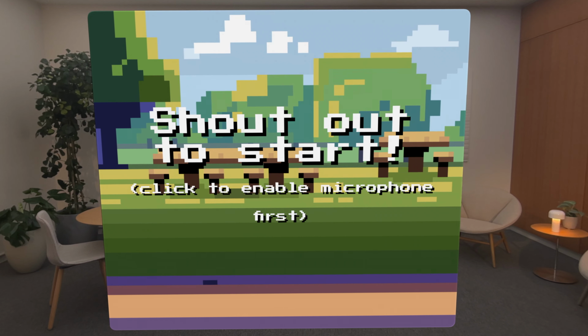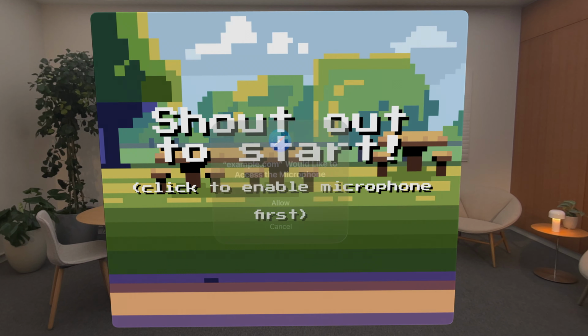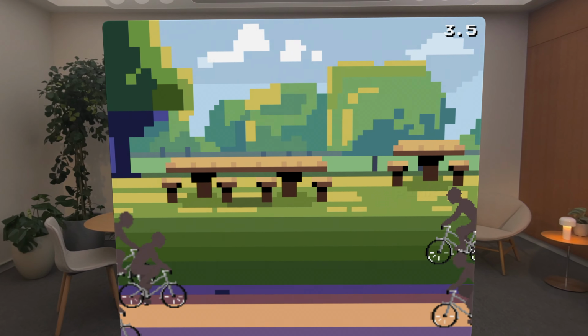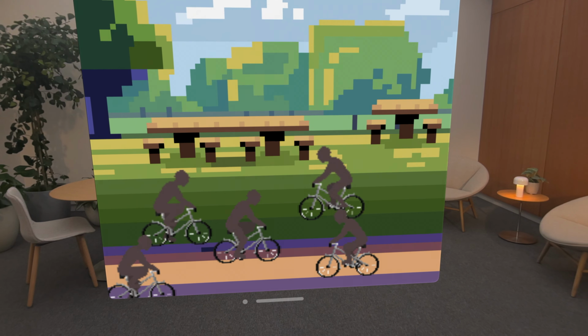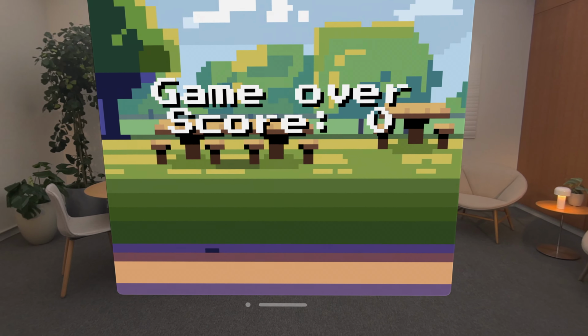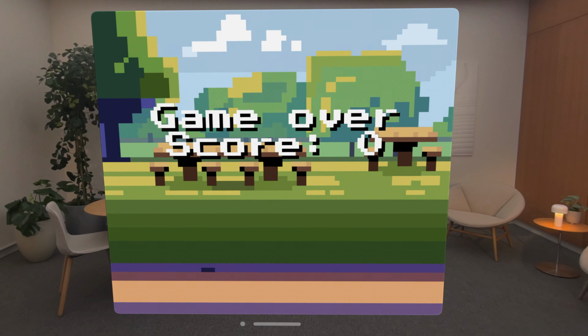Let's see it all in action. So we're given a countdown and have to guess the color sequence of bikes before they roll past. Once I grant the microphone permissions, I lodge my guess and see how I do. I'm going to say pink, orange, green, purple. Oh, right. All the bikes at Apple Park were silver. While that makes the game accurate to Campus today and every day, maybe I'll have to go back to the drawing board on the game design.